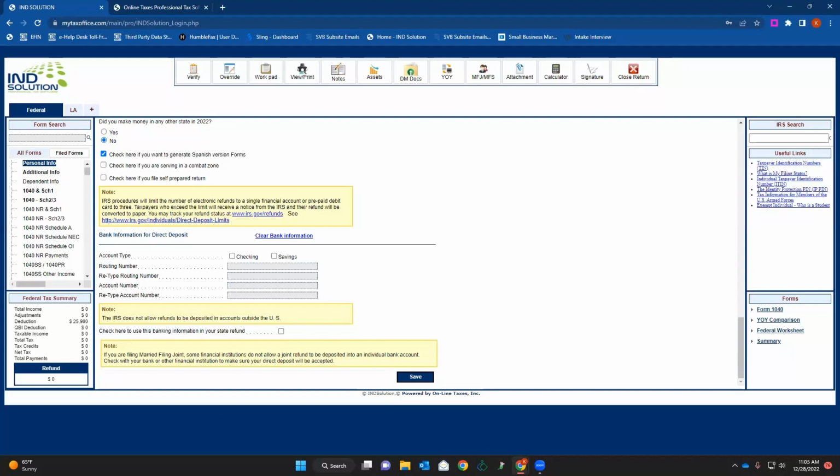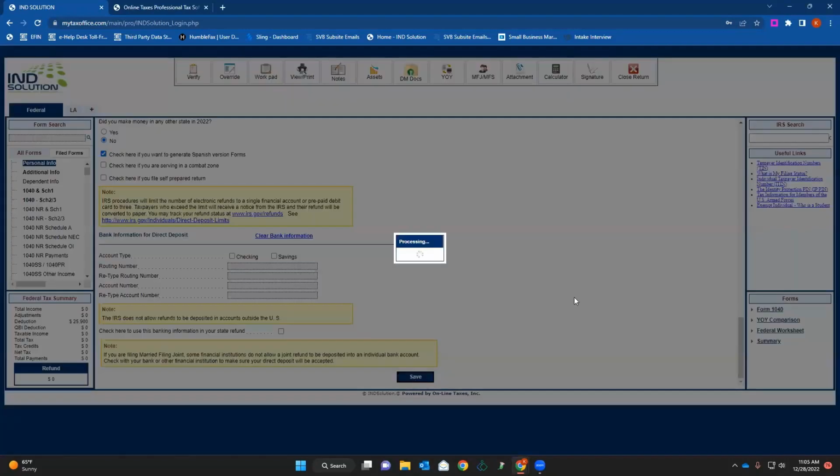Now, when you go to a bank product, and I'll show you guys that if possible in just a little bit, there they have options specifically to choose check or the advances. Specifically, this section is talking about how you want the IRS to fund it if they're doing a non-bank product return, for example. However, if they want a direct deposit from the bank, you still want to enter the direct deposit information here because it will carry over to the bank application, and that saves you time in the long run. So if we save here,